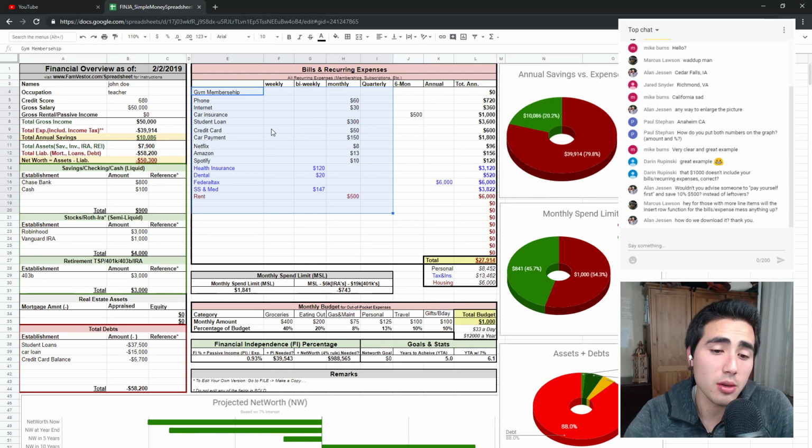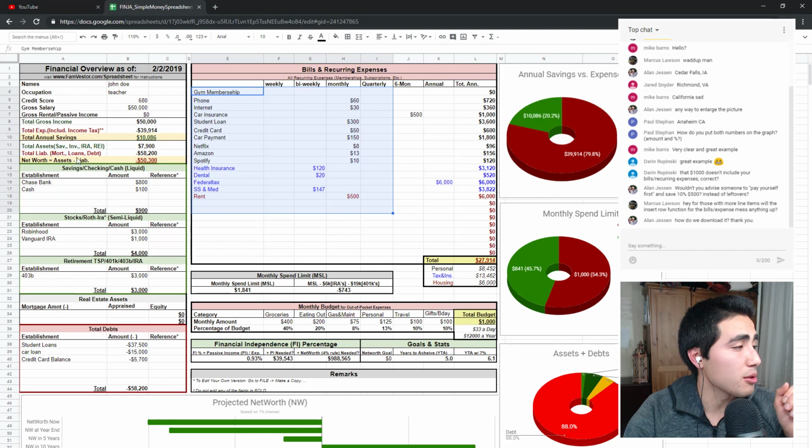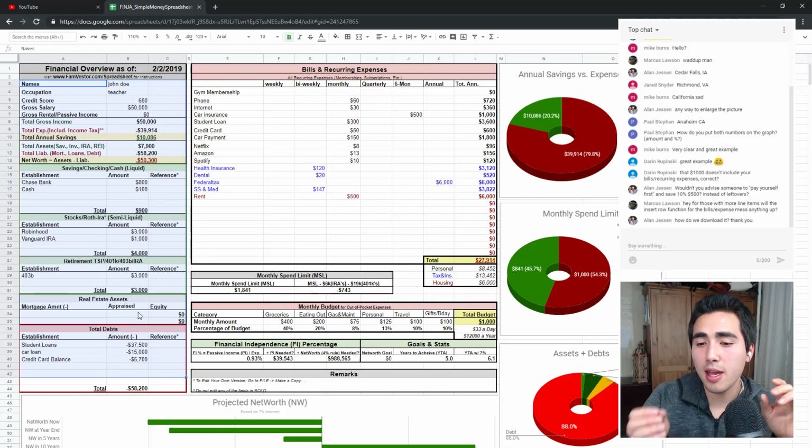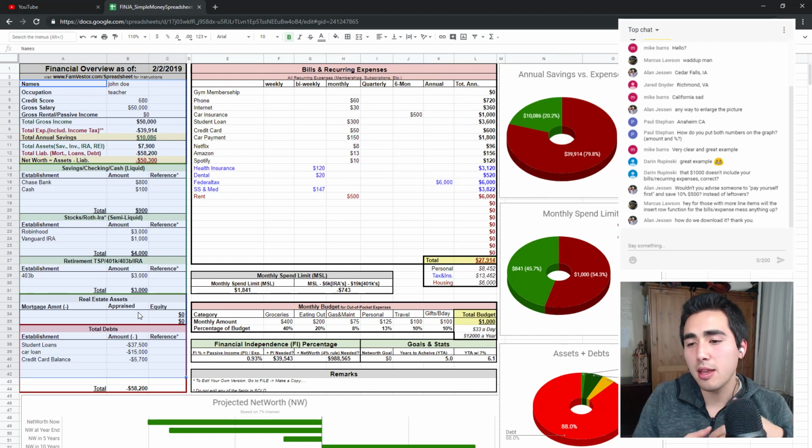What I personally do is I save a different version of the sheet pretty much every 3 months. I take a different snapshot. I update all my numbers here. I use personalcapital.com, and it automatically updates your bank accounts and things like that. And I just plug that all in and save a different sheet. And I date the sheet. So I know, okay, in 2018 in October, I had this much net worth and this is what was going on in my finances. And then I save a new one 3 months later. And 2019, I had this much net worth and this is what was going on. And I see those snapshots and I see how my savings rate's changing and things like that.